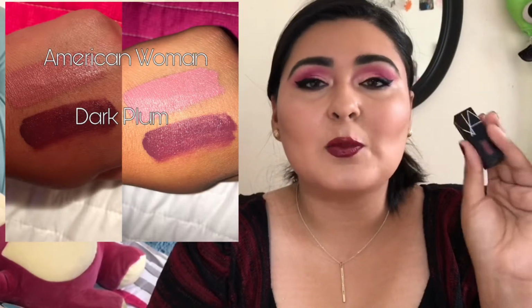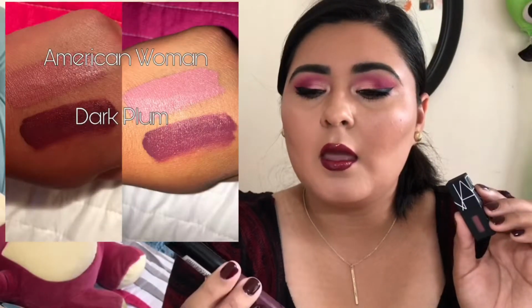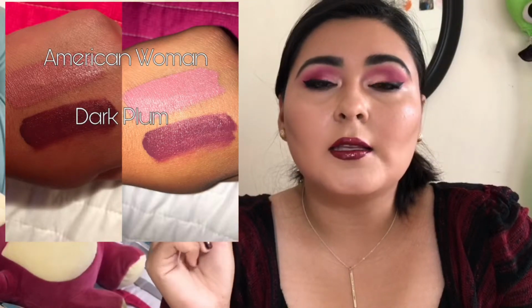And this one just surprised me. I didn't think it was going to be that amazing, so now I know why people rave about these. This one's being pinned against this Snobby Matte Long Lasting Lip Gloss, and this one's in the shade